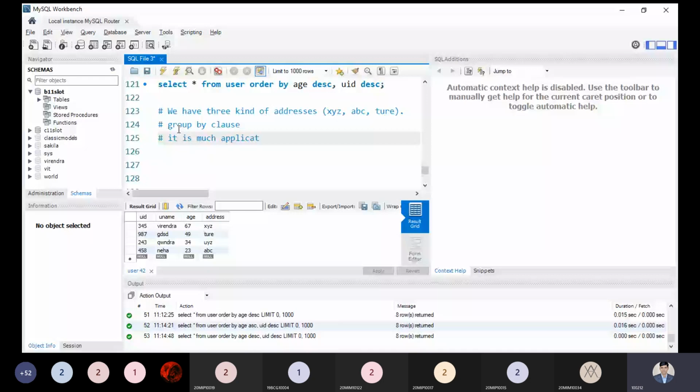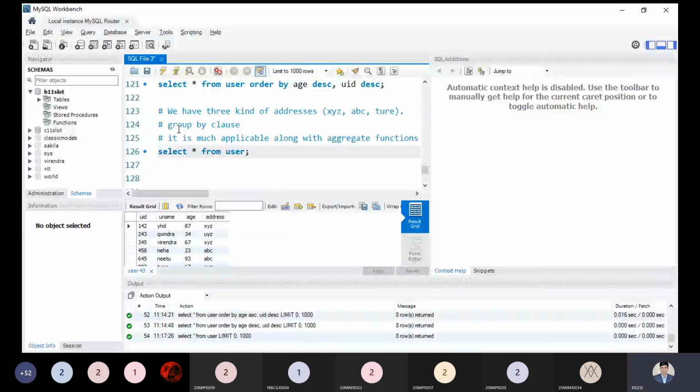So I'm fine right now. SELECT * FROM users. This is the first case you are running. After running, you found there are 8 records. Now we have some groups: XYZ, UYZ. I have forgotten; you can also include the other part. So we have four different groups. It doesn't matter how many records we have in this information: XYZ, UYZ.